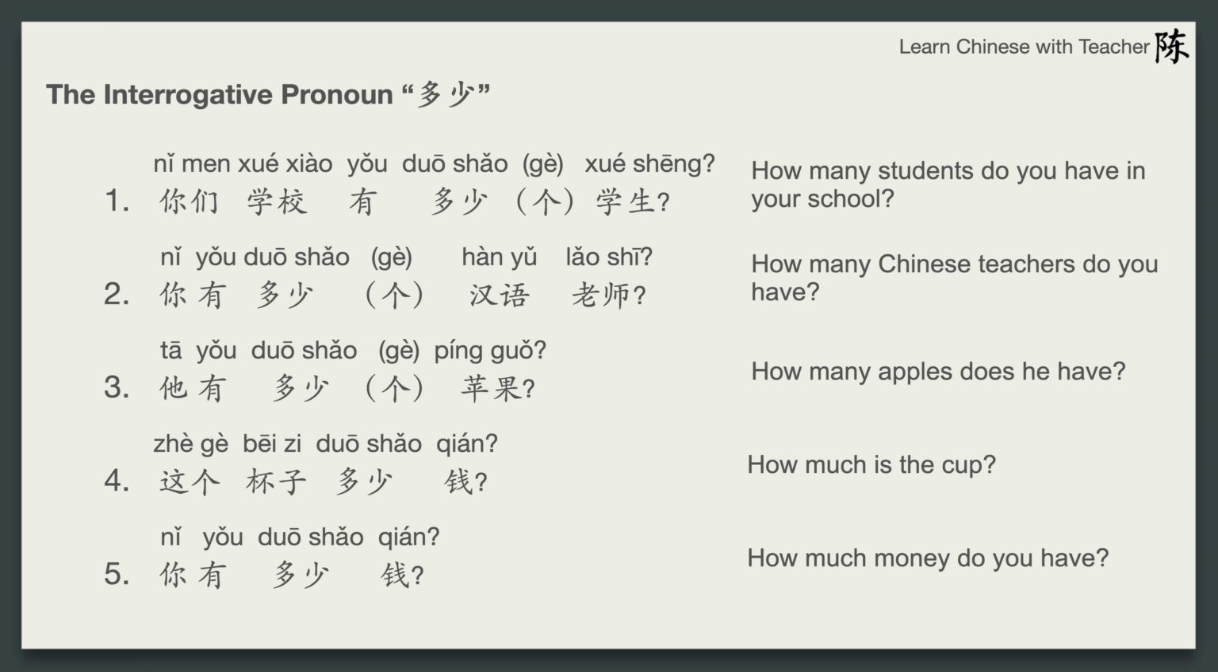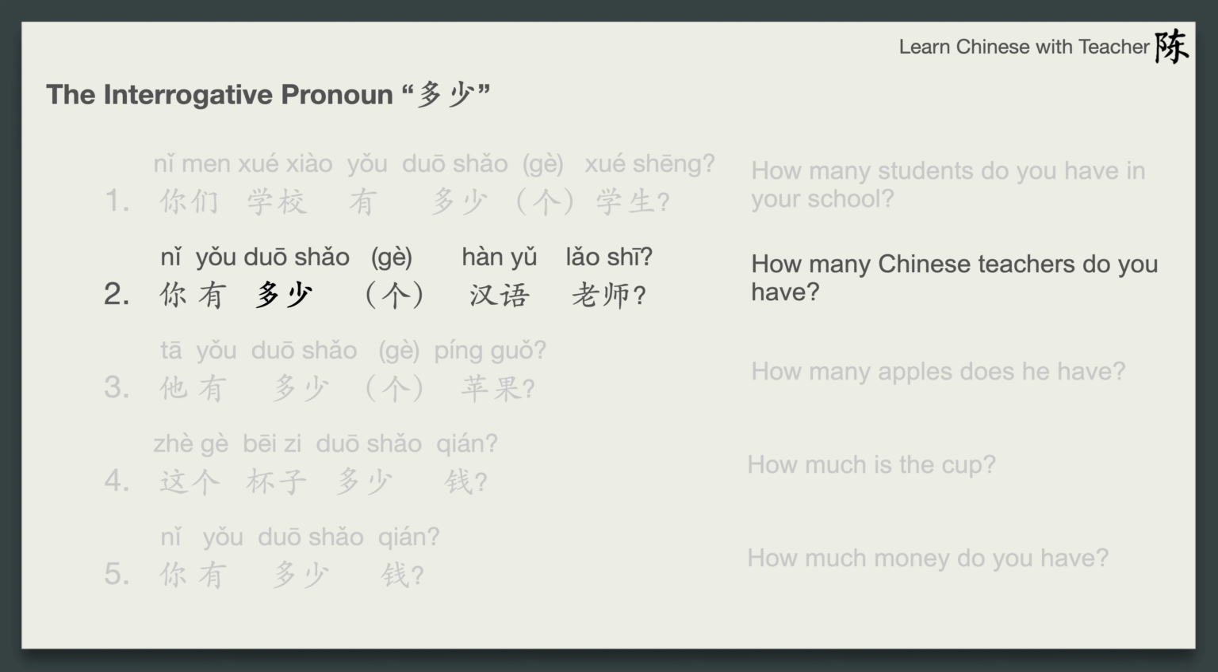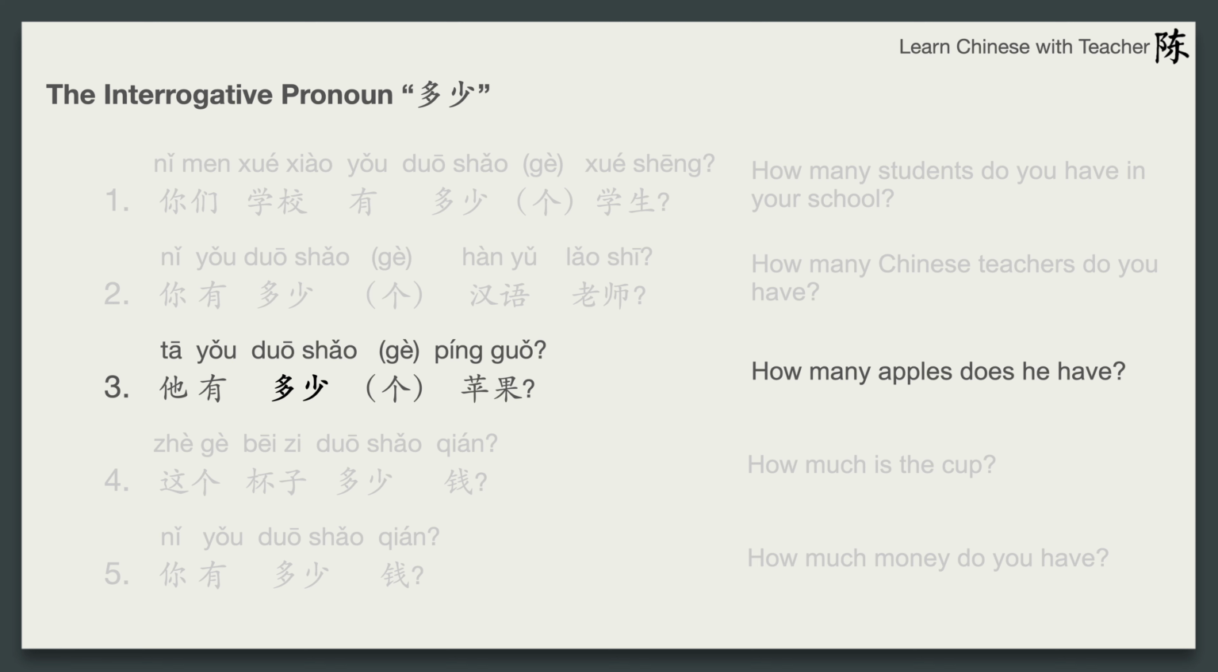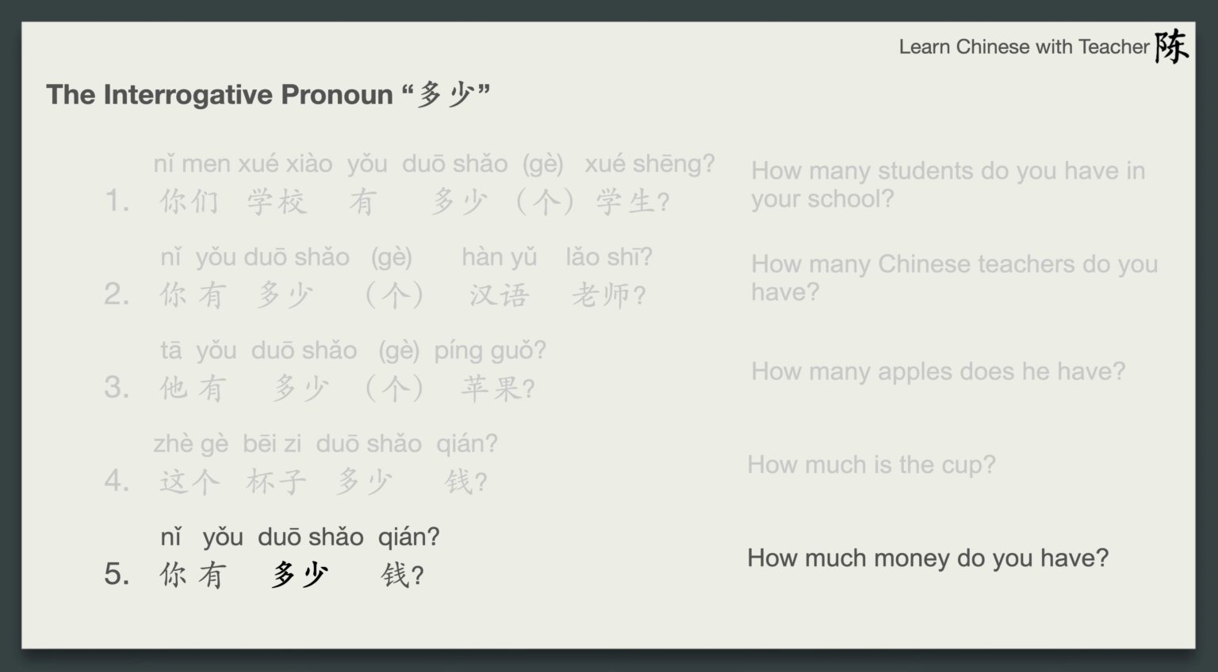Now, let's learn how we ask a question with 多少, how many or how much. 请跟我读这些句子。你们学校有多少学生？或者你们学校有多少个学生？你有多少汉语老师？或者你有多少个汉语老师？他有多少苹果？或者他有多少个苹果？这个杯子多少钱？你有多少钱？